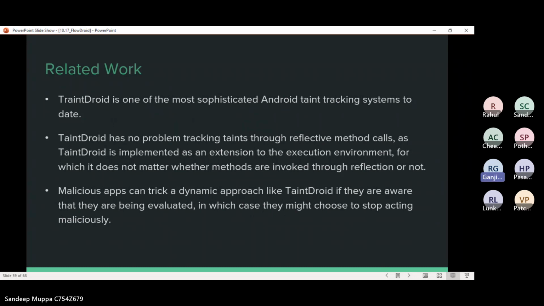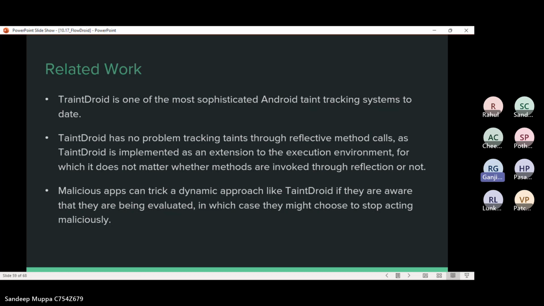Next is TaintDroid. It identifies sensitive data, taints, and tracks data flow via variables, messages, methods, and files. TaintDroid is one of the most sophisticated Android taint tracking systems to date as a dynamic approach. However, it yields some quite different trade-offs compared to FlowDroid.